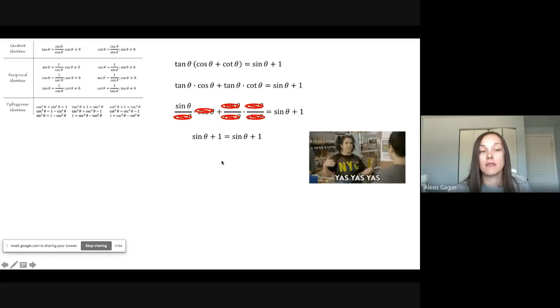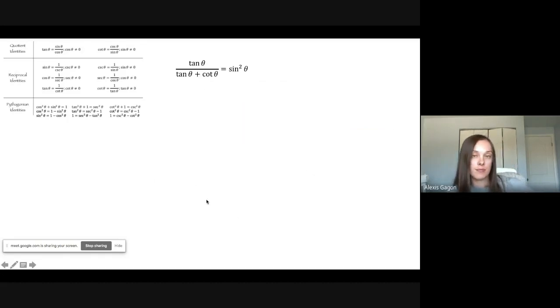Questions on that one? Okay, let's do one more. This one's probably the ugliest one that I'm doing on here, but let's try and get this to equal sine squared of theta. This left side is the harder side, so I'm going to start by switching everything to